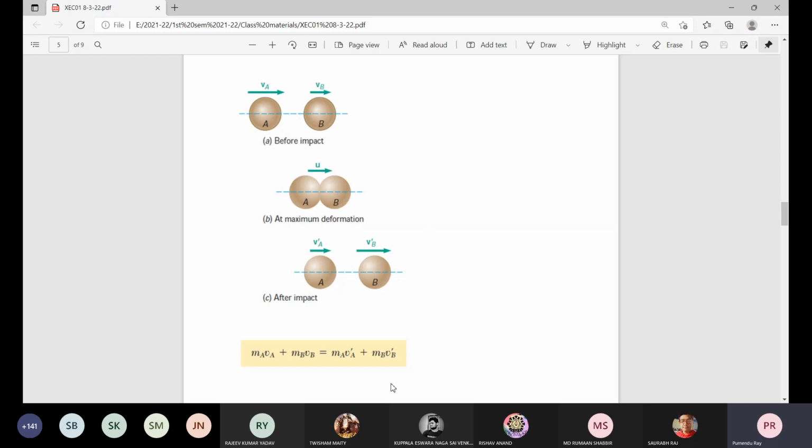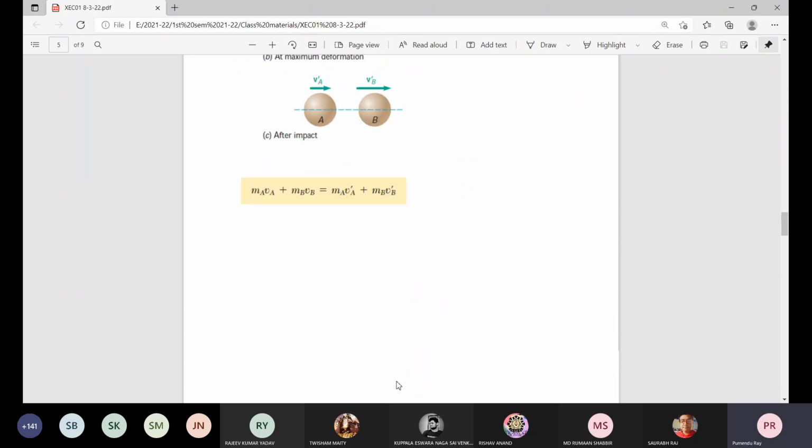So if there is no loss in energy, like perfectly elastic impact, then half MA VA square plus half MB VB square is equal to half MA VA dash square plus half MB VB dash square, and change the sides. So VA dash square minus VA square is equal to half MB multiplied by VB square minus VB dash square. And you just remember the formula, a square minus b square is equal to a plus b multiplied by a minus b. So naturally you can simplify that and get another relation. So from these two equations you can solve two unknowns. Now there are some